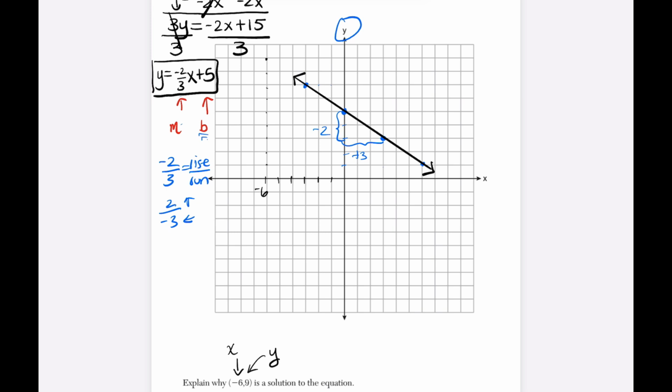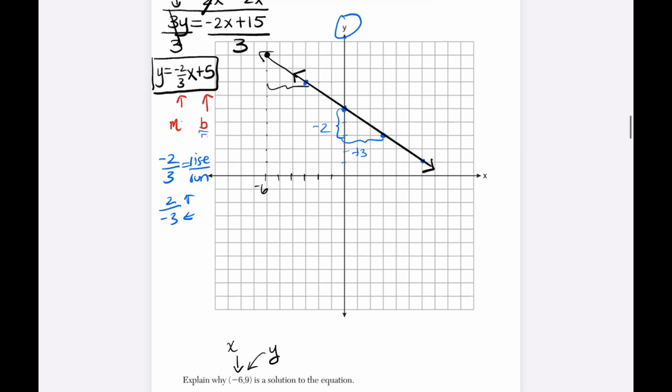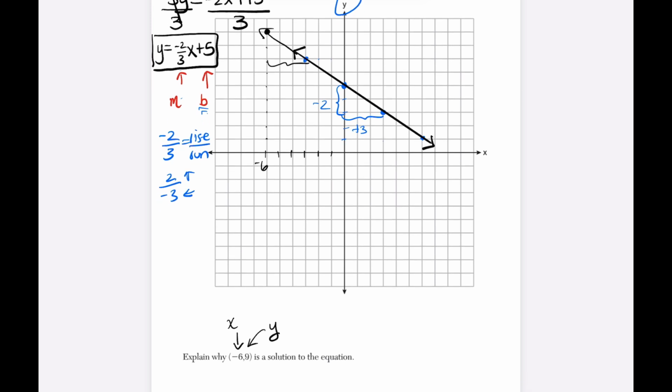Okay, so I didn't draw it, but had I kept going with my slope and I went left another 3 and up another 2, do you see that I actually would have had that point on my line as well? So I could say that it's a solution to the equation because it's a point that is on the line. That would prove it. Every point that's on the line is a solution of the equation. That's one way to say it. The other way to prove it